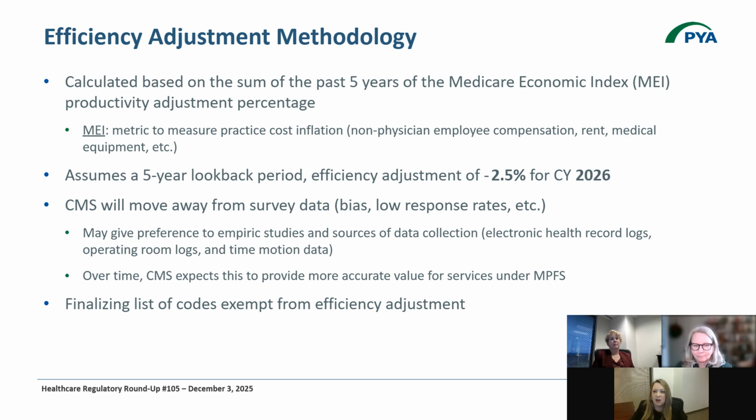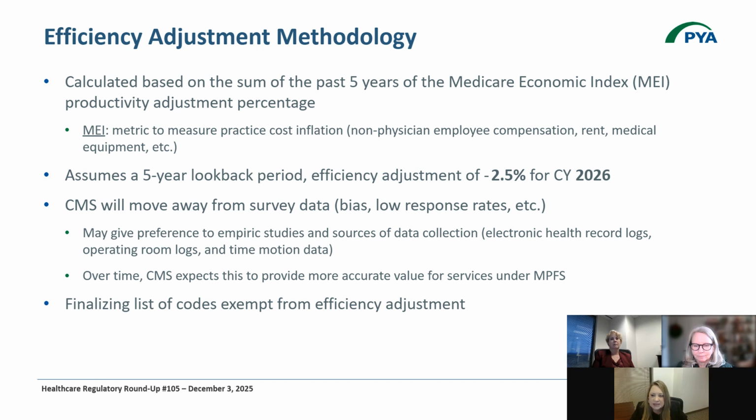So this methodology, CMS looked at the past 5 years of the Medicare Economic Index, or the MEI, to come up with a productivity adjustment percentage. The MEI is a measure of practice cost inflation. So it looks at non-physician employee compensation. It looks at the cost for rent, medical equipment, all of those various costs. CMS did a 5-year look back and came up with a 2.5% reduction, or a 2.5% efficiency adjustment percentage amount